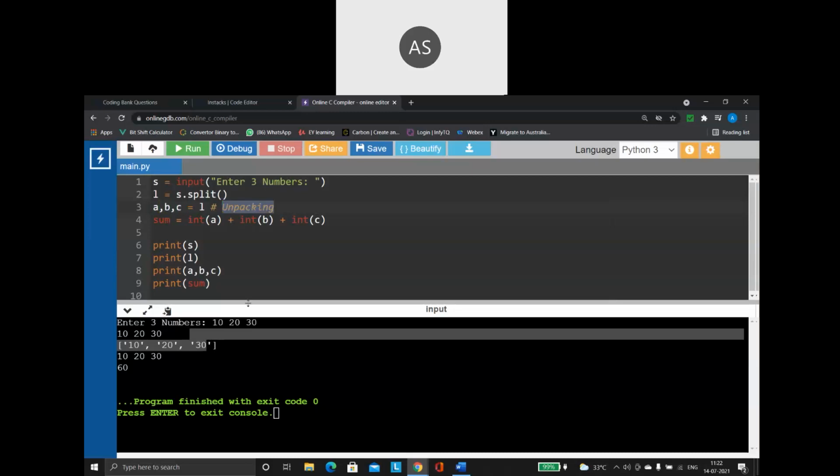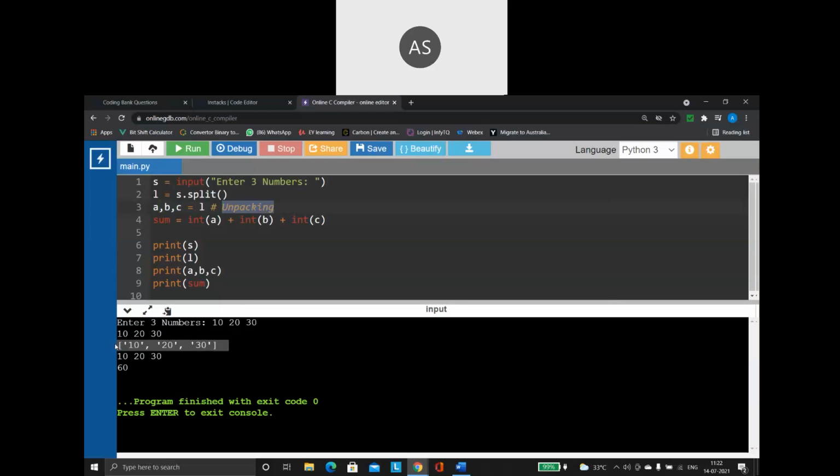Unpacking means what? This is a box. The list is like a box. From that, you are taking the things and giving them out. For example, you have seen some people come from foreign countries and they used to buy gifts. When my brother came from the US, he usually bought gifts for all of us in the family.